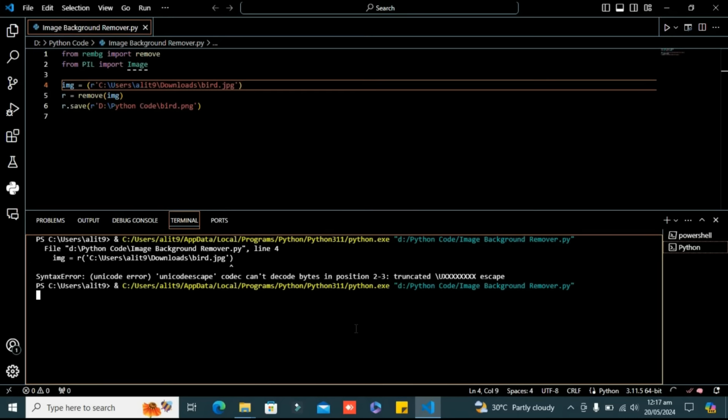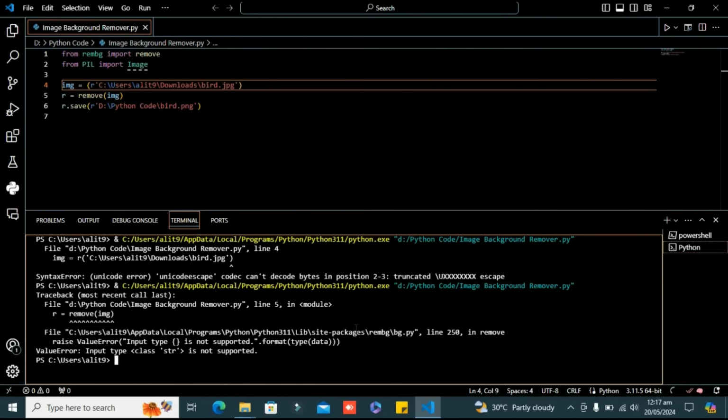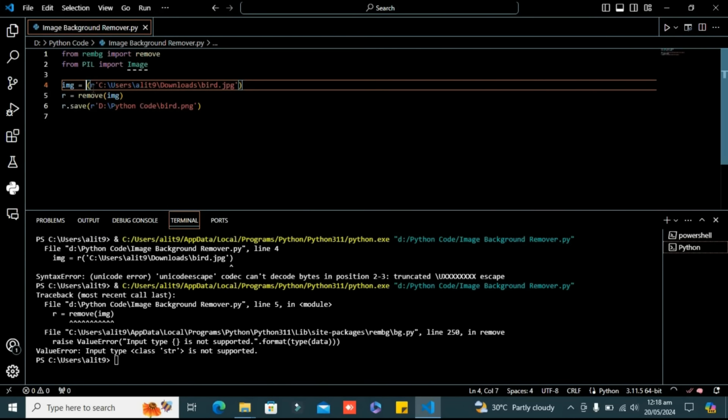Basically this is taking some time initially, because it is processing and running the machine learning models to remove the background. So we do not need to use those machine learning methods ourselves, thanks to this remove background library. We can just use it. Let's see what it is saying. Value error, it is saying. Yes guys, I need to open this image.